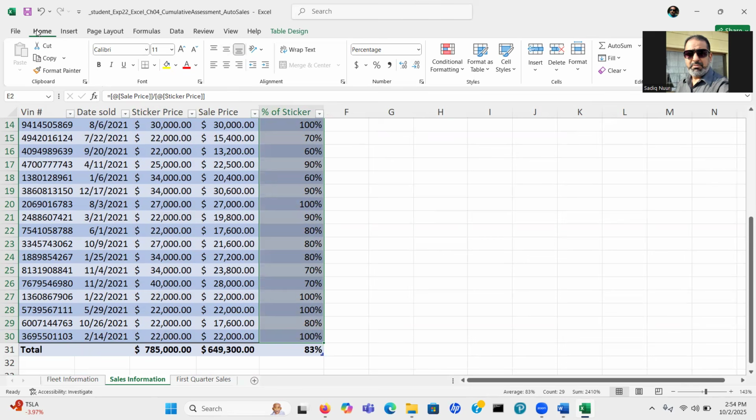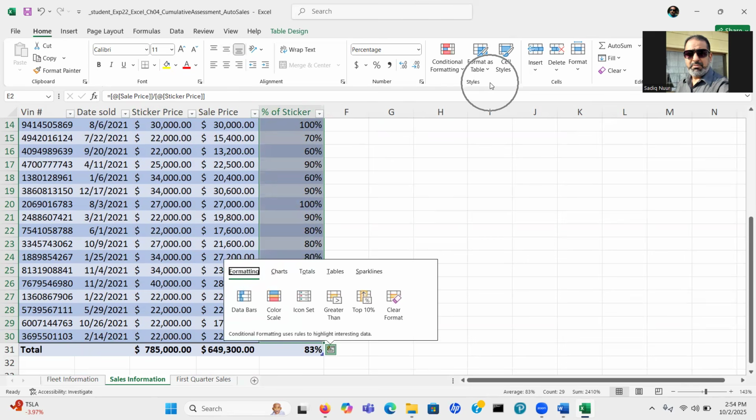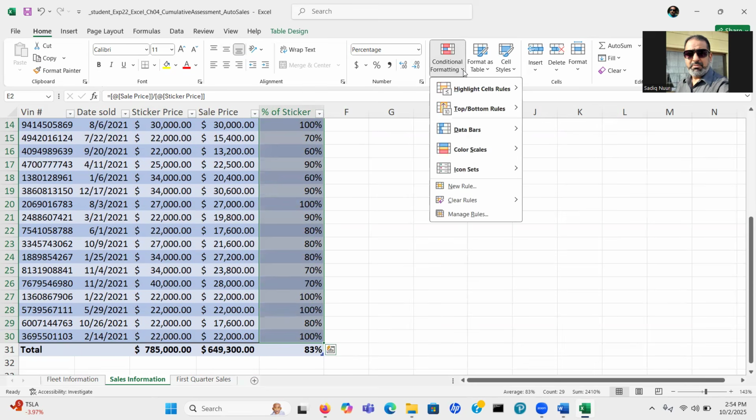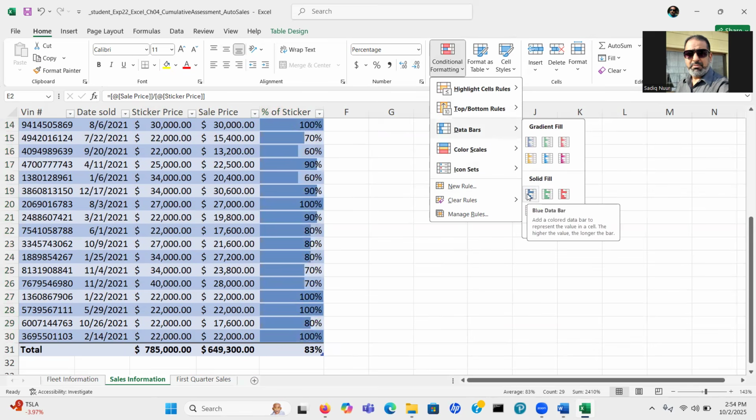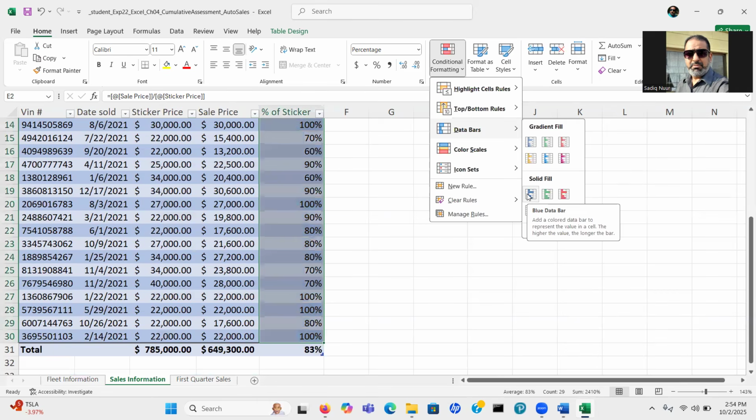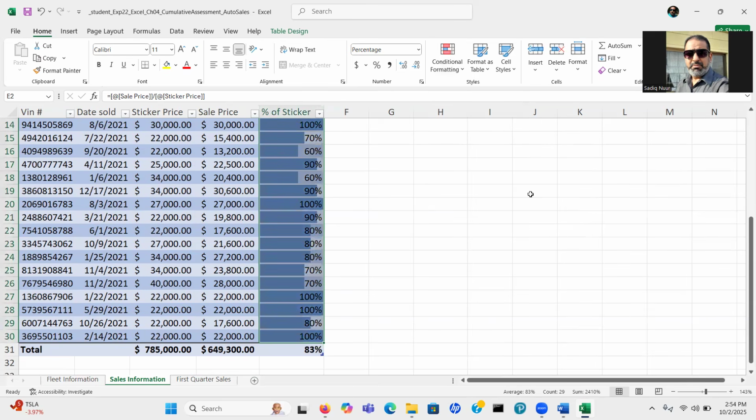Then we go to the home tab, the styles group here, and click on conditional formatting. We need the data bar, and then we are looking for solid fill and blue data bar. So we add a colored data bar to represent the value in the cell. The higher the value, the longer the bar is. All right.